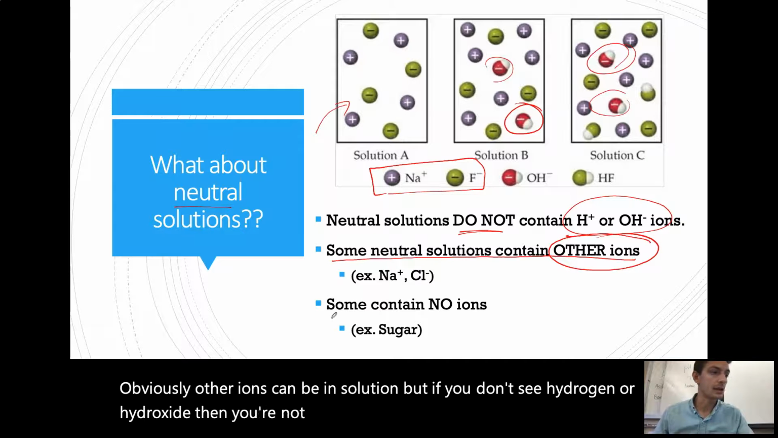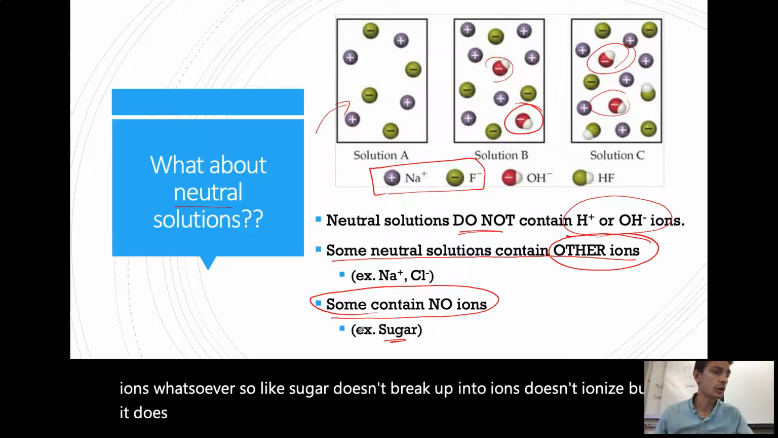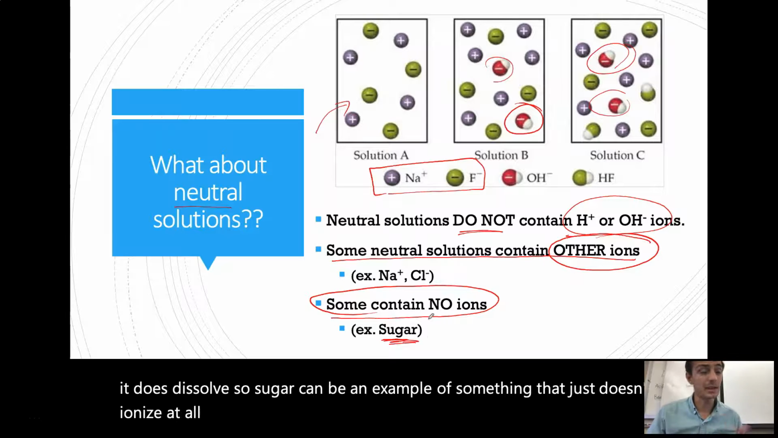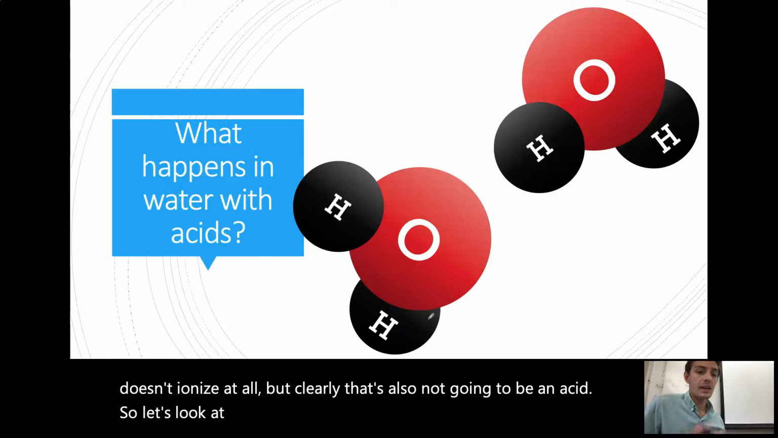then you're not looking at an acid or base. Some solutions contain no ions whatsoever. Sugar doesn't break up into ions, doesn't ionize, but it does dissolve. So sugar is an example of something that just doesn't ionize at all, but clearly that's also not going to be an acid. So let's look at this idea of water and how water interacts with acids,